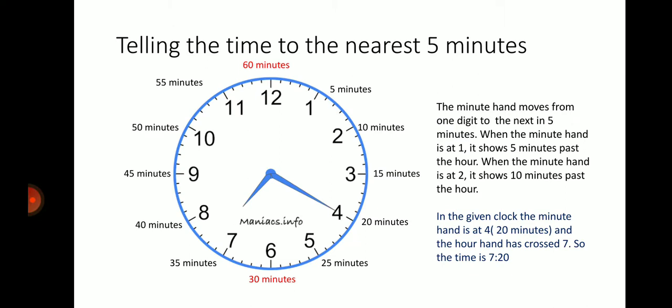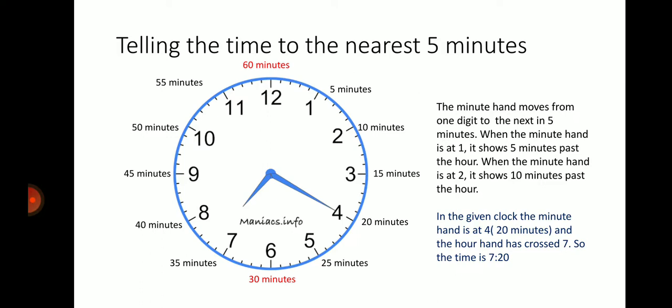Telling the time to the nearest 5 minutes. As we discussed in the first slide, moving from one digit to the next digit is 5 minutes. So from 12 to 1, it is 5 minutes. From 1 to 2, it's 10 minutes. From 2 to 3 is 15 minutes. So